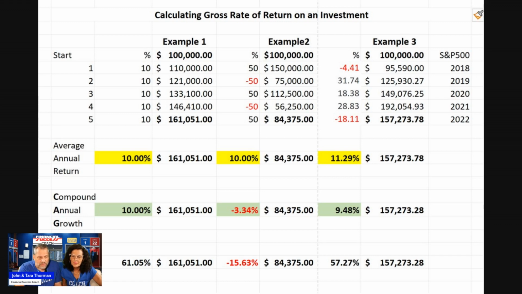Look at this. The average annual return is yellow for a reason: caution. Because this is showing 10%, because you take 50 minus 50, 50 minus 50, 50. You end up with a net of 50, divided by 5 years is 10%. It's a 10% average annual return, but you lost money. You could go and sell this fund easy, because look, it's got a positive 10% rate of return. But no, all the shareholders lost money.